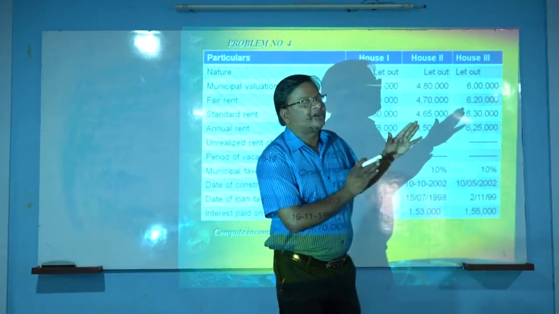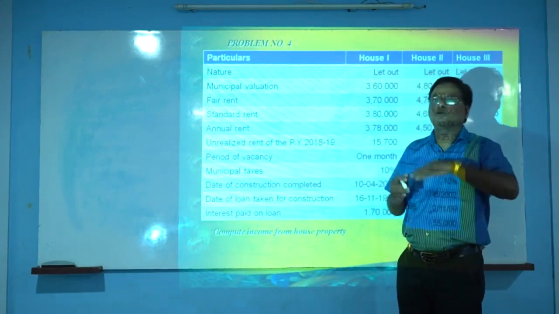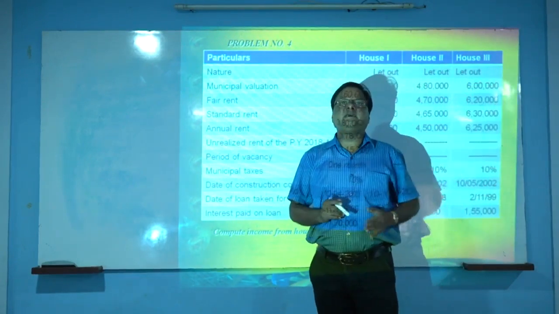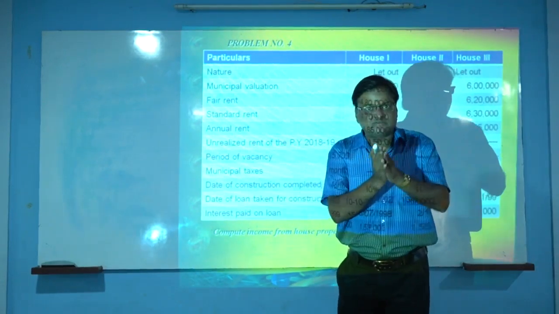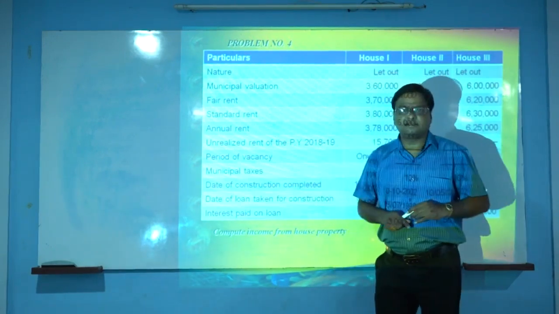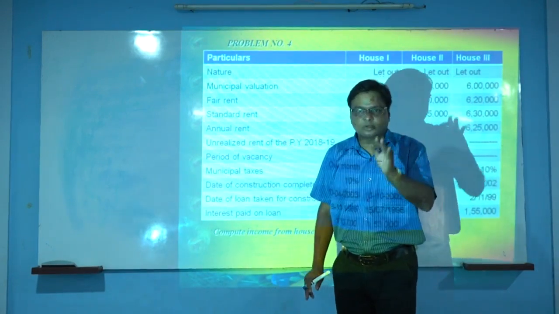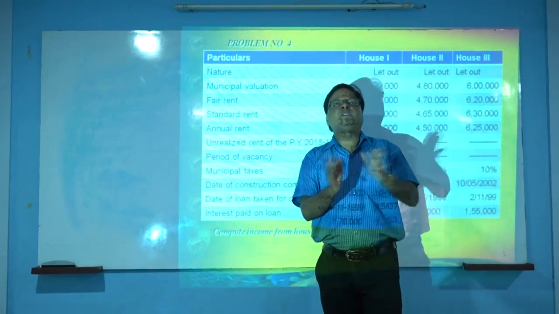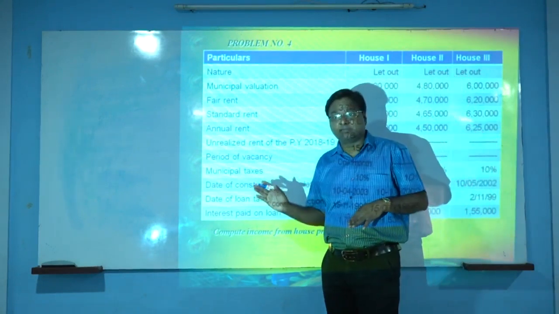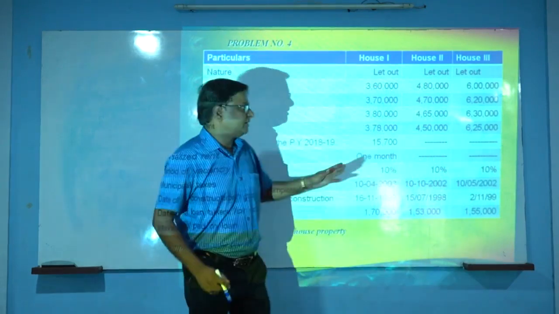For SOP property only there is a limitation for deduction. Firstly we have to check when the loan is taken. If the loan is taken prior to 1/4/1999, then the maximum deduction is 30,000. If the loan is taken after 1/4/1999, then the maximum limitation for deduction is rupees 2 lakh. If the property is SOP, only then this limitation will be considered. For LOP property, there is no limitation for deduction. The actual amount of interest should be deducted.